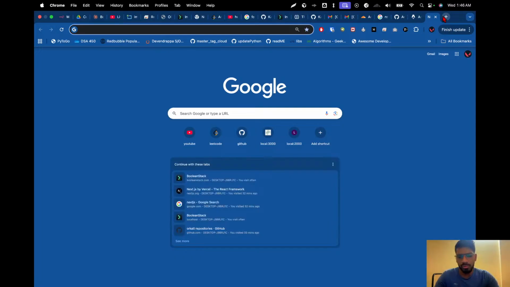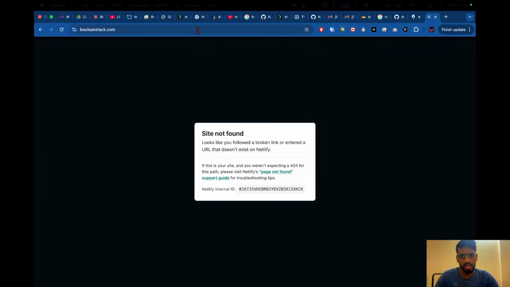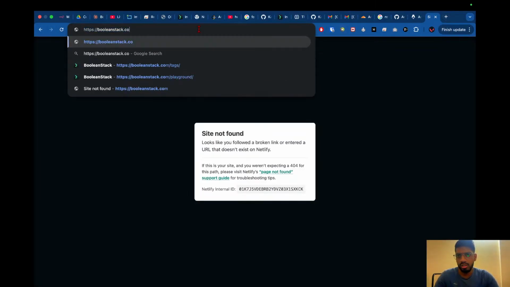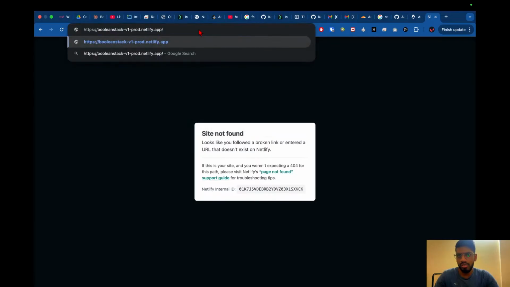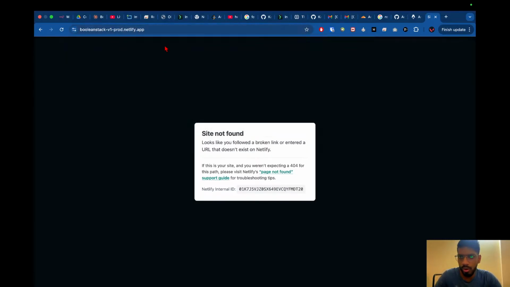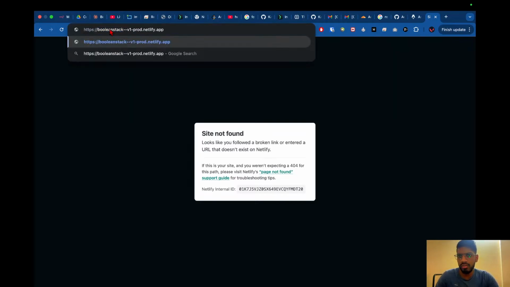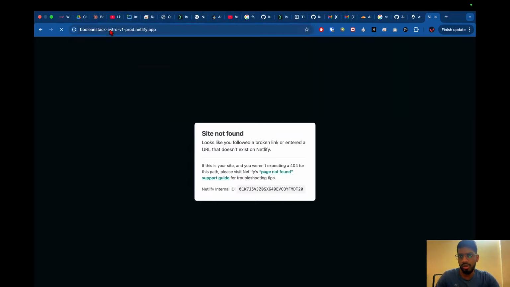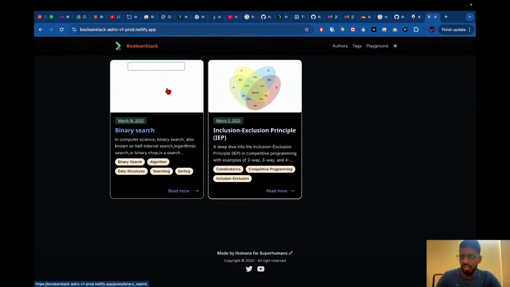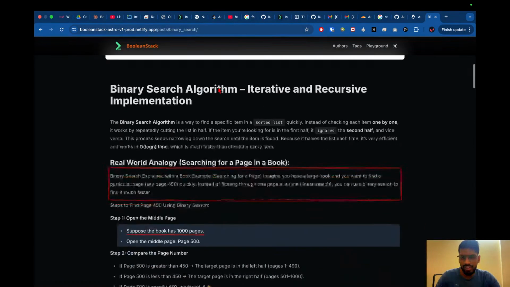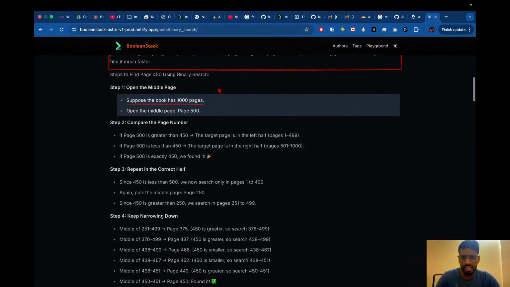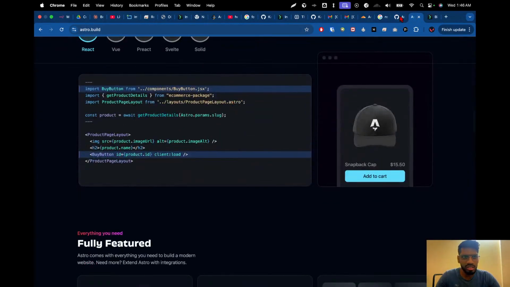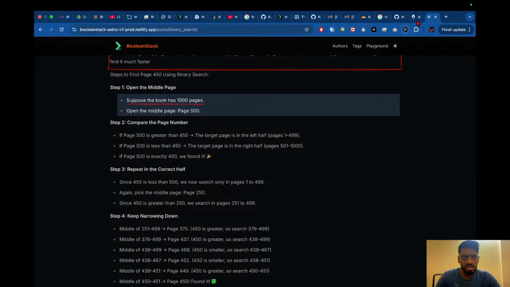The dynamic part of Boolean Stack. So Boolean Stack is no longer working. But I think we copied the website, right? So boolean stack v1 prod. I think we edited this to boolean stack astro v1 prod. Yeah. So the entire website was generated statically. If you go back, was this,